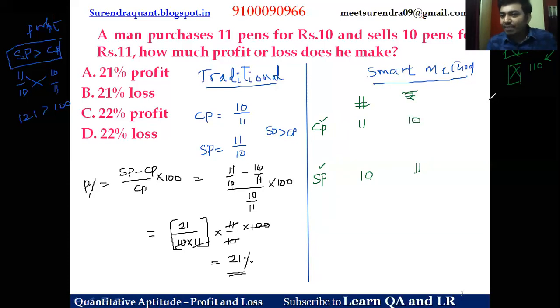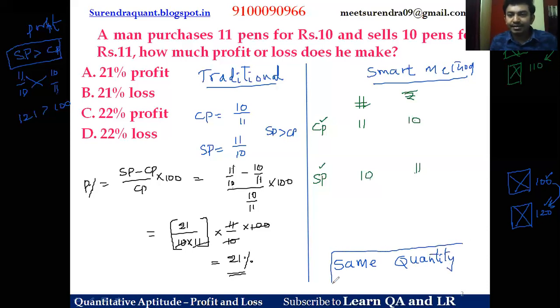Now I purchase a bag of apples for 100 rupees. And if I sell the same number of apples present in the bag for 120 rupees, my worry is about cost price and selling price. Now simply there is 20 rupees profit. I never worry about the number of apples, because whatever apples I purchase, the same number of apples I'm selling. Now my worry is not to talk about CP and SP of each article. Our worry is the total quantity. So try to make the same quantity. So the strategy is making the same quantity of pens.